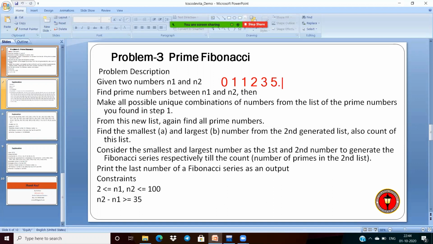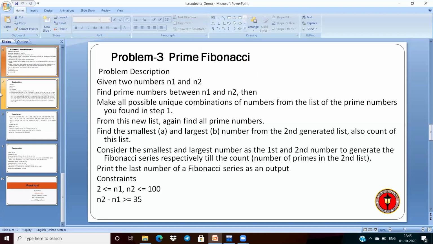The resultant will be the sum of its preceding numbers. So in the place of this 0 and 1, we have to take some prime numbers, and that is the prime Fibonacci series.